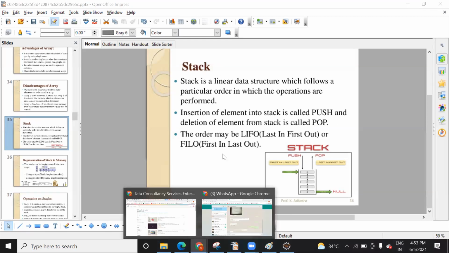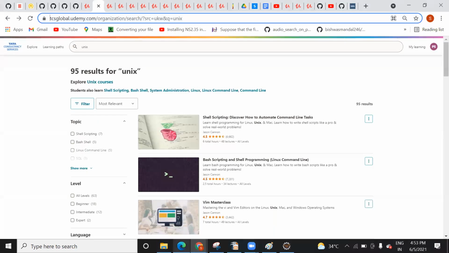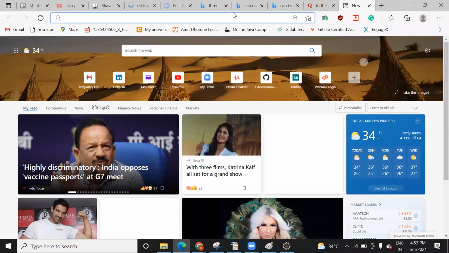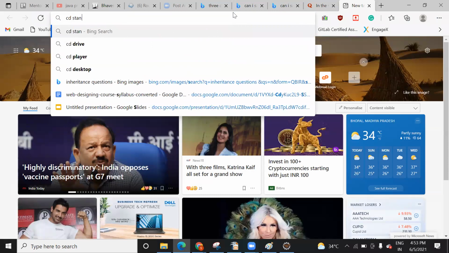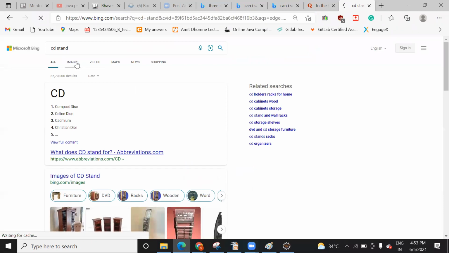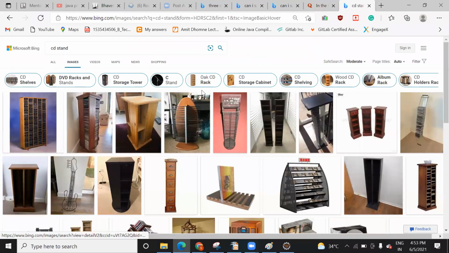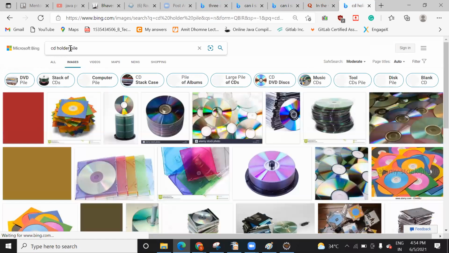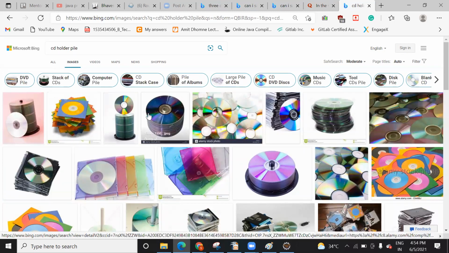This is something like a CD stand. Yes, I've seen this.